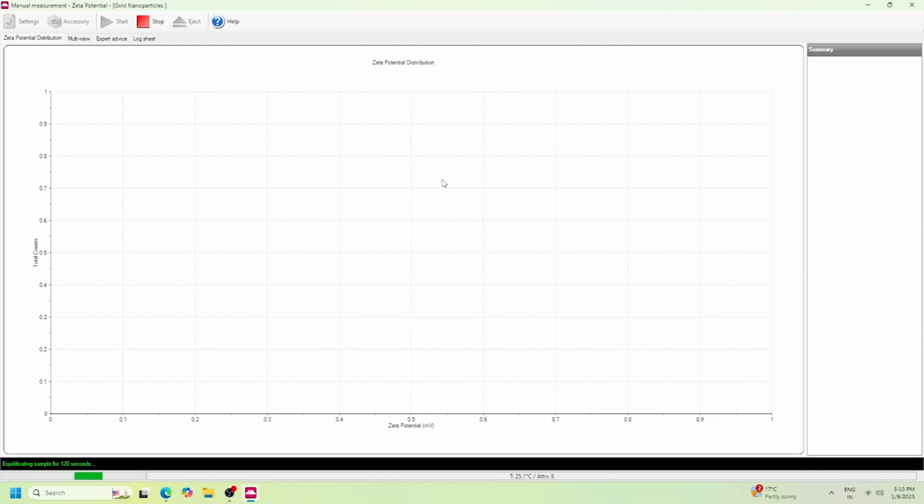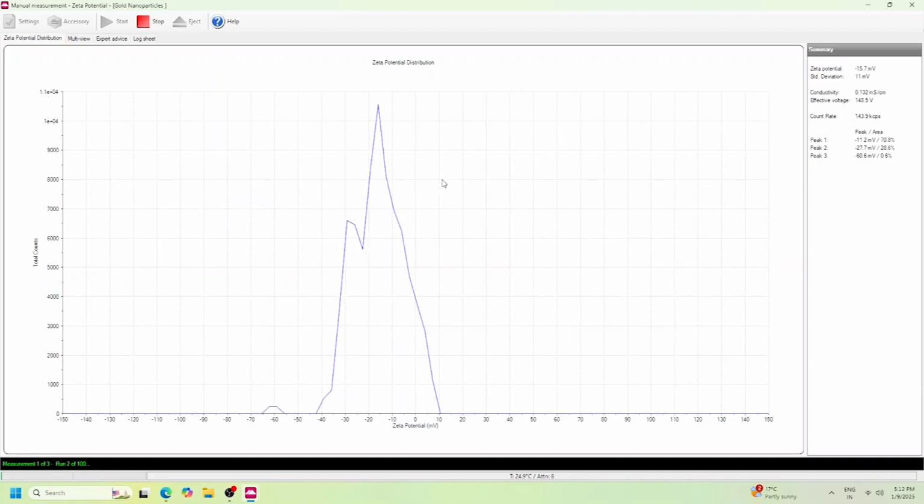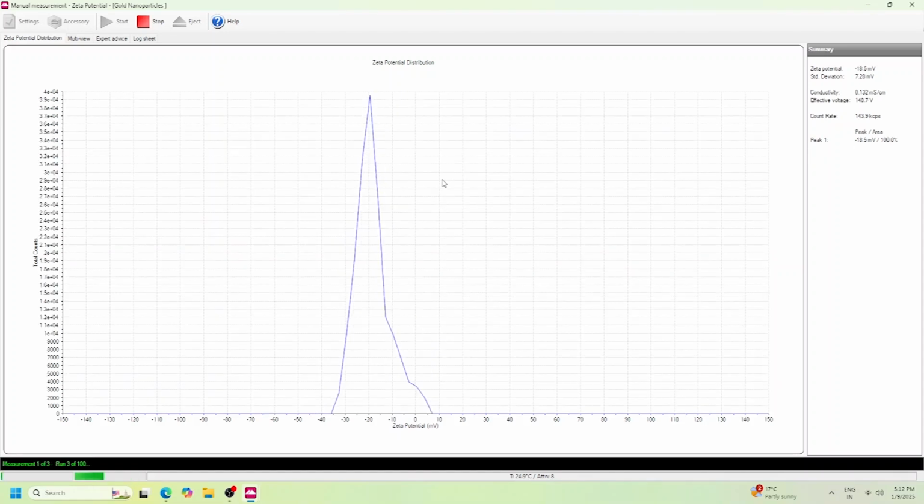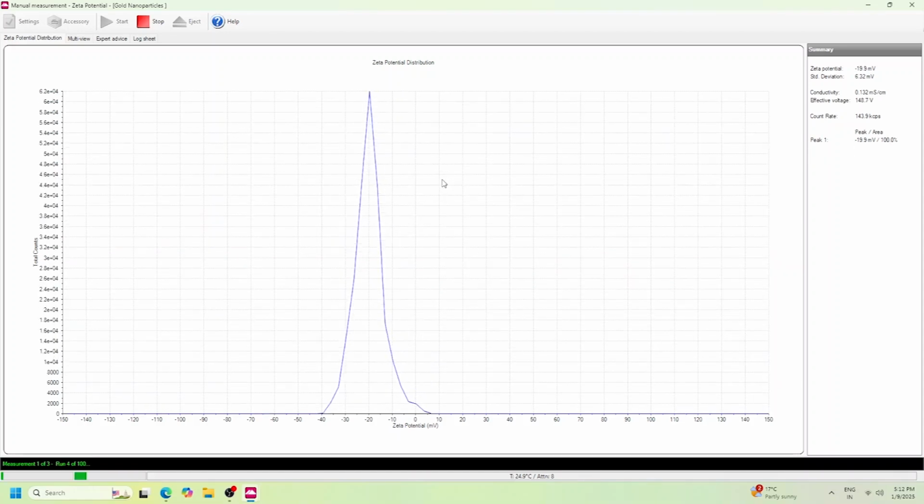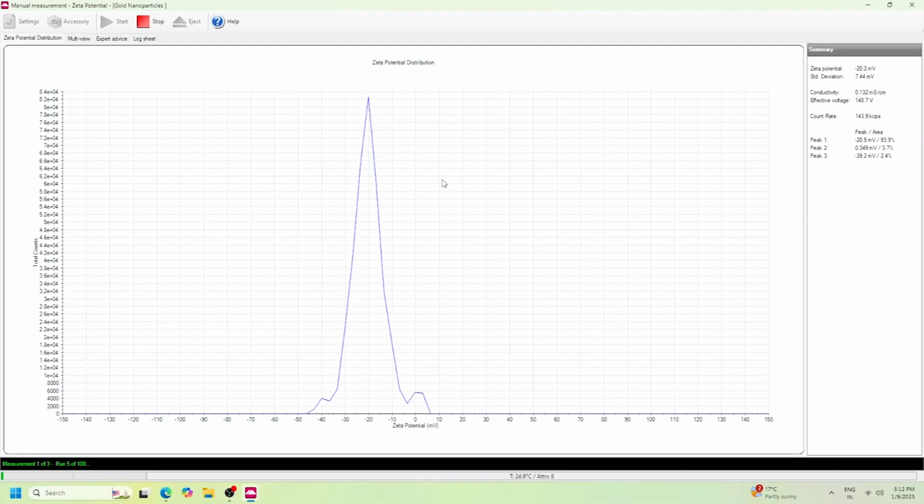Then the machine will optimize before beginning to measure the sample. The machine will take triplicate measurements with the number of runs per measurement varying depending on the sample. This process will be handled automatically by the machine as we have selected the automatic measurement setting.